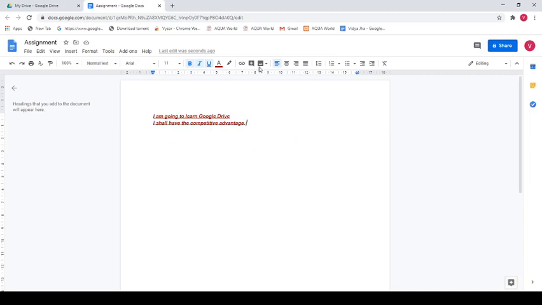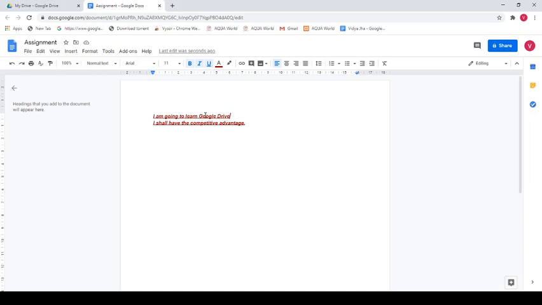Now, another important thing is that you can insert a link here, then you can add a comment here, then you can insert an image here, whatever you want, from the upload, from your computer, from your web, photos, by URL, camera, if you have a webcam, whatever it is, you can upload it right there and then. There is everything which you have in Word plus additional features in this Google Doc. Now, suppose you're making an assignment. If you want to go online and create it here, well and good. Or you make an offline assignment and you put it on your Google Drive, so it will be there with you forever, till you want it, right?